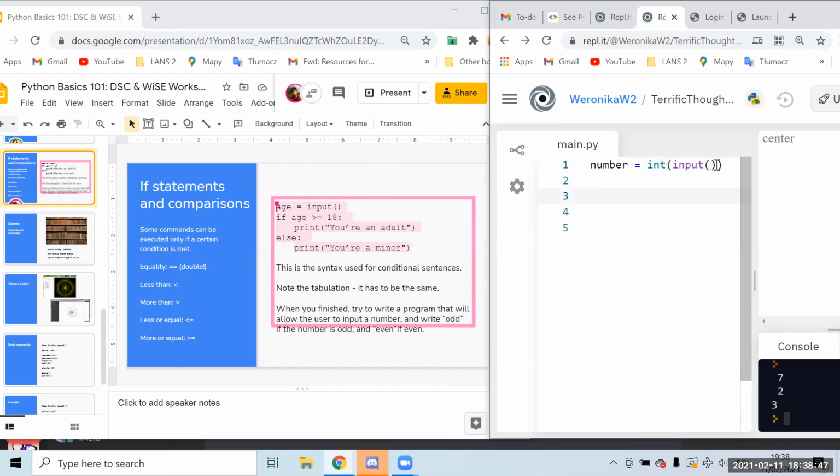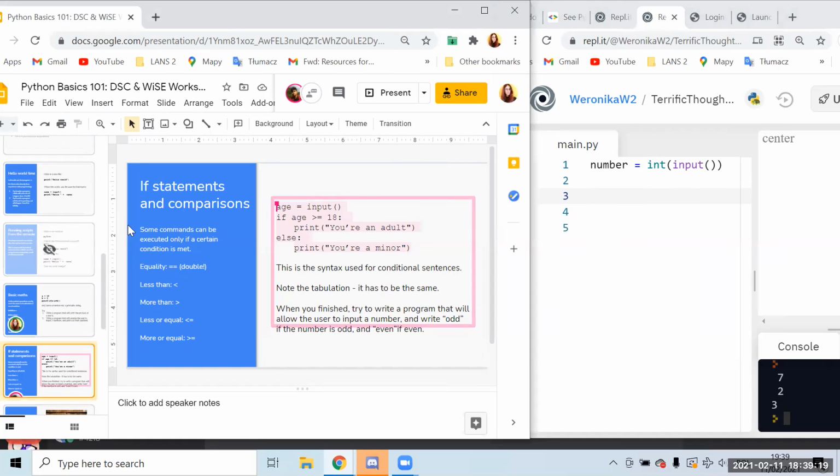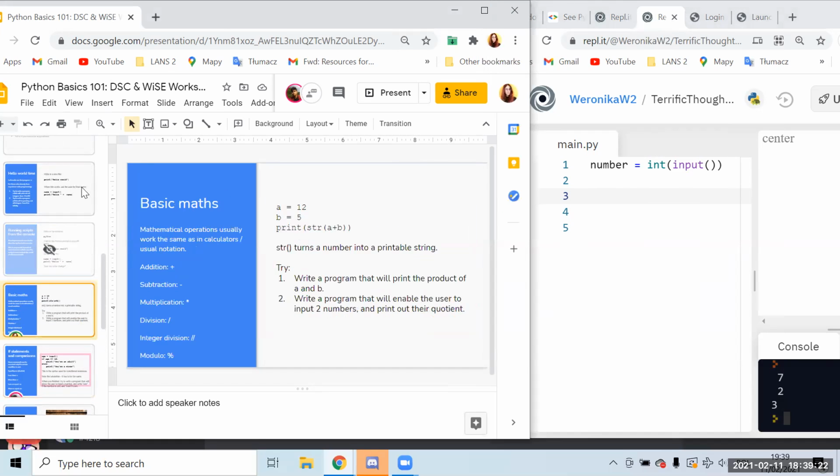And then we need to use the if statement to consider 2 scenarios. First one, if the number is even, and second one, if the number is odd. And the most difficult part of it is probably checking if the number is even or if the number is odd. So if anybody has an idea how to check whether a number is even or whether a number is odd, you can write it in the chat. But I can assure you that the answer is hidden somewhere here.